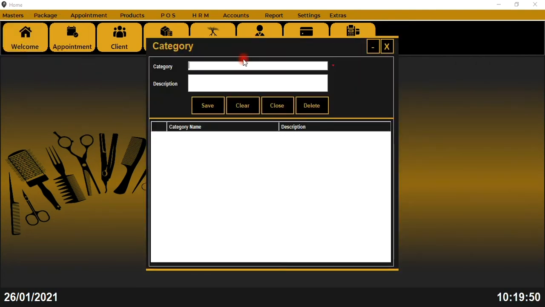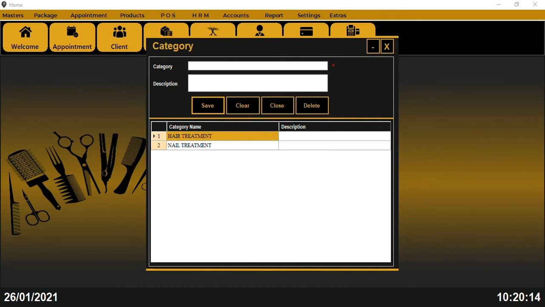Now let's go to the category. Category is what are the things you have in your salon, right? What are the functions or whatever you use, you can do in your salon. Like I'll do hair treatment, nail. So I put a nail treatment here. Then you can even do waxing, whatever you want, you can keep adding it.